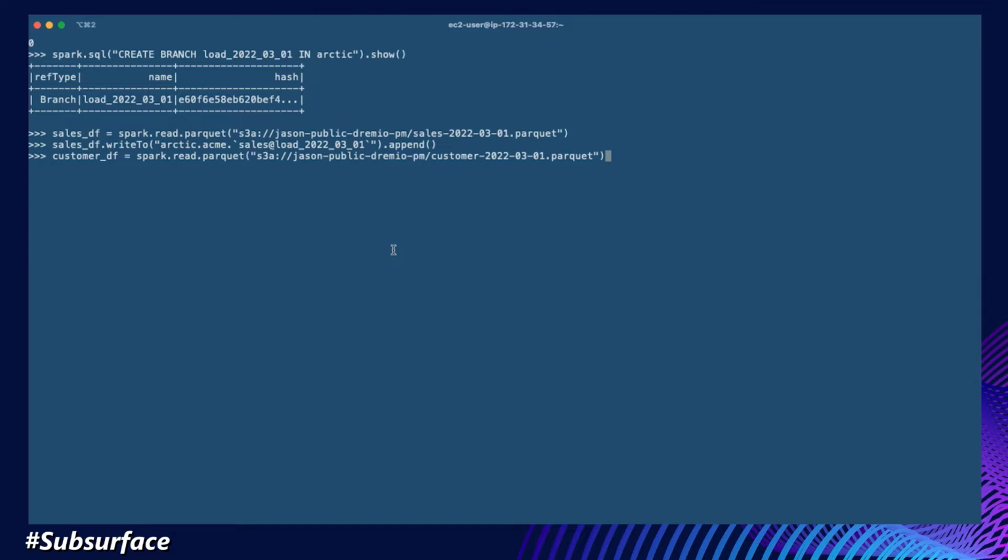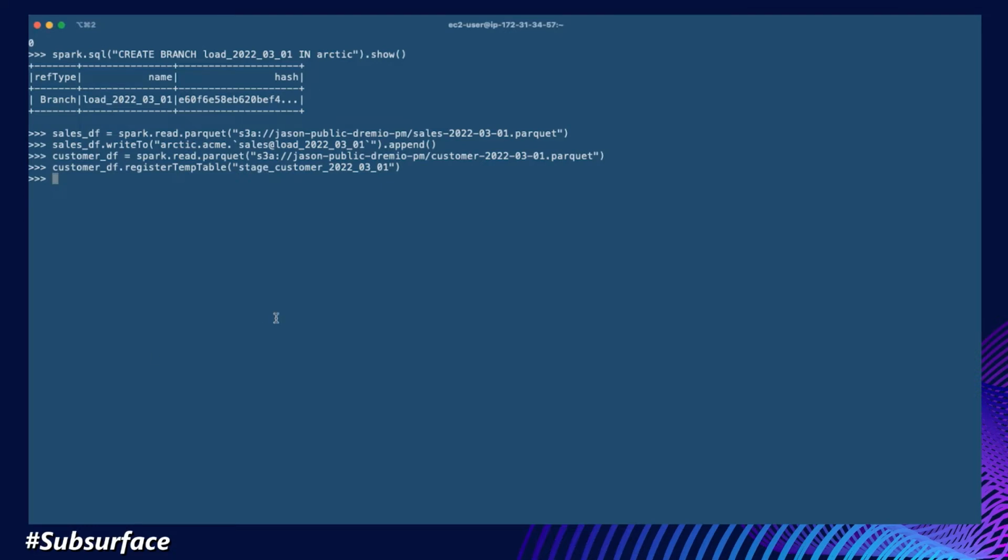Otherwise, the single view of the truth across the whole organization starts breaking down, right? So what we want to see here is that we have this customer file that's also in S3, a Parquet file, for yesterday's data. We're going to load that into a data frame here. We're going to register it as a temp table within Spark SQL. Really, this is just creating an alias, stage customer yesterday, that we can then use in our Spark